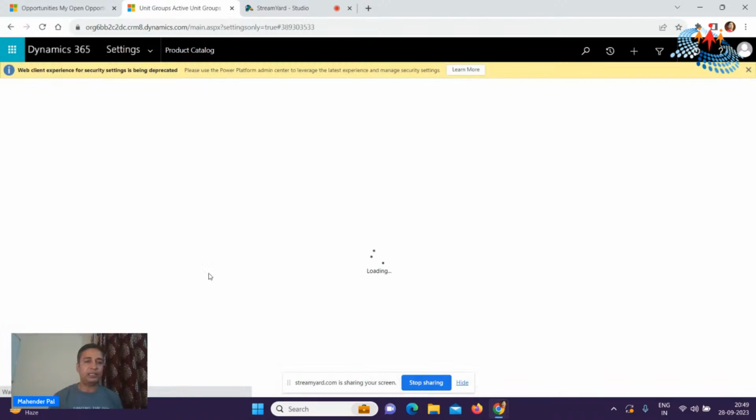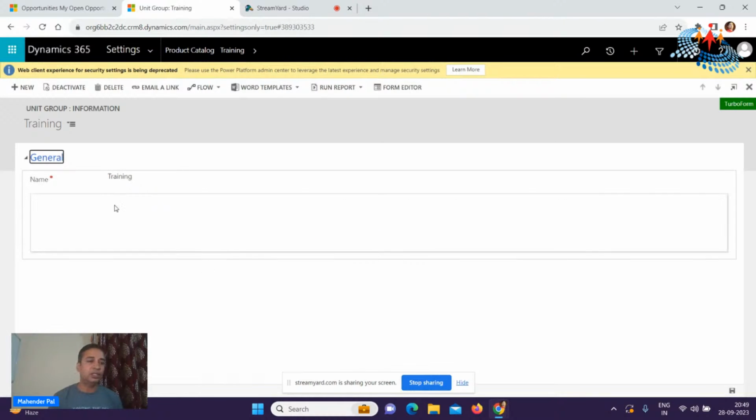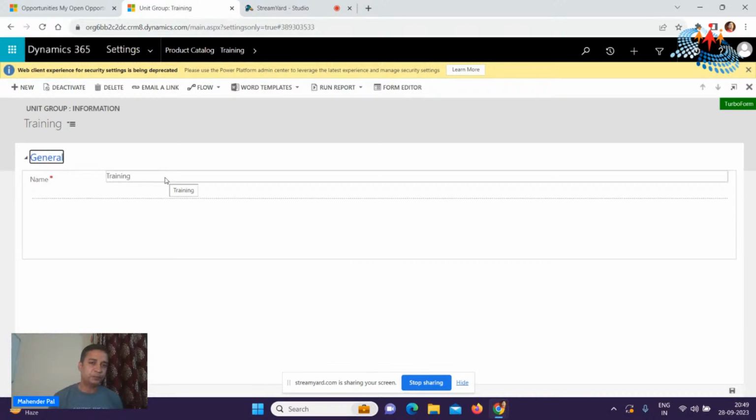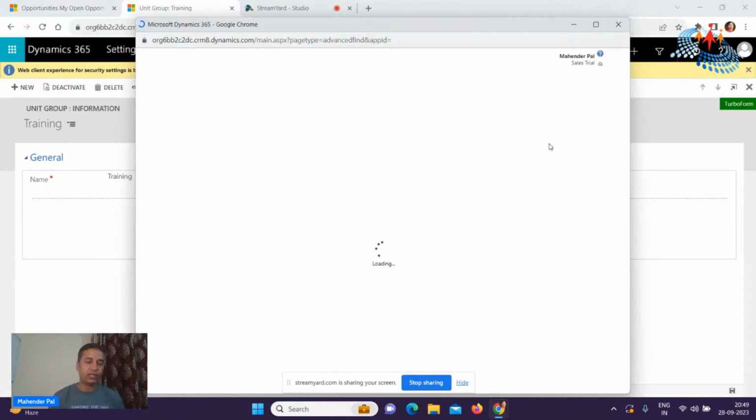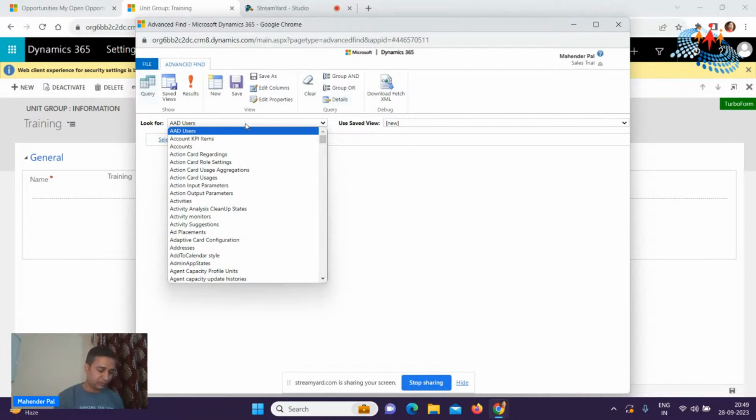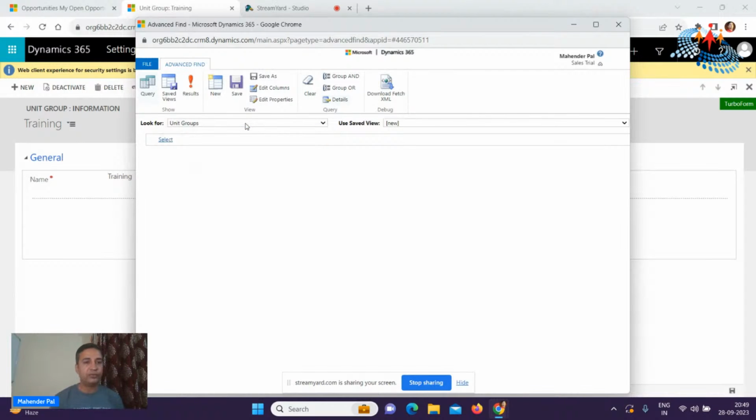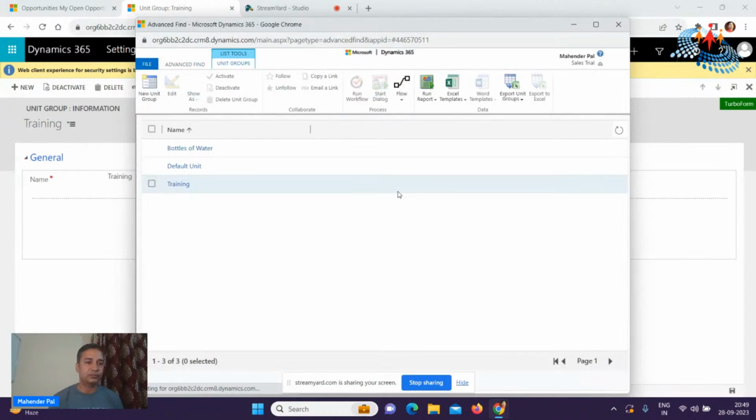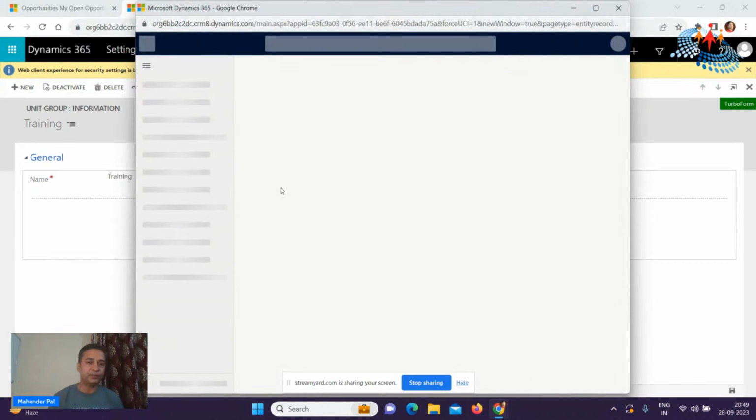Then we will see that this will create that unit group for us. Okay, so here now I need to jump into the advanced find, because this is under the UC. This is basically a classical form, so we won't be able to see those things here. But if I go here and I see that the training is created, and I open it here,